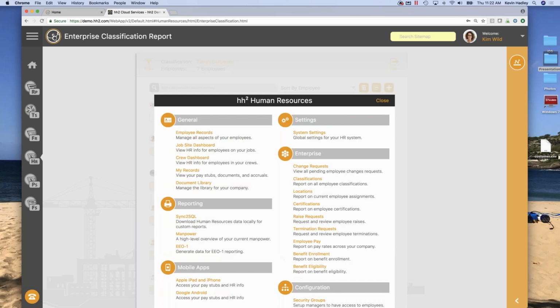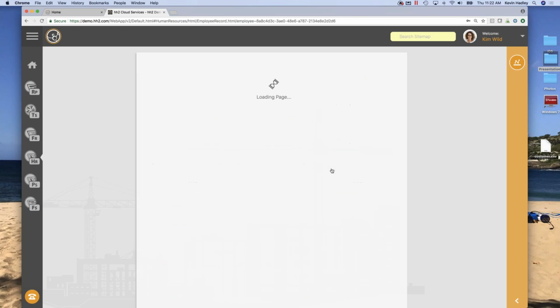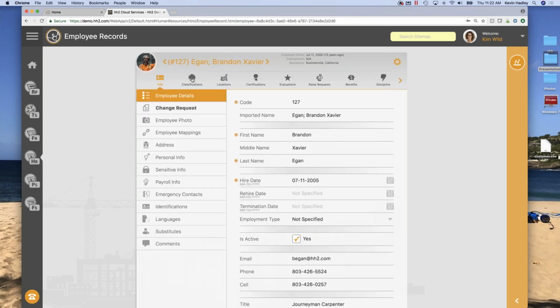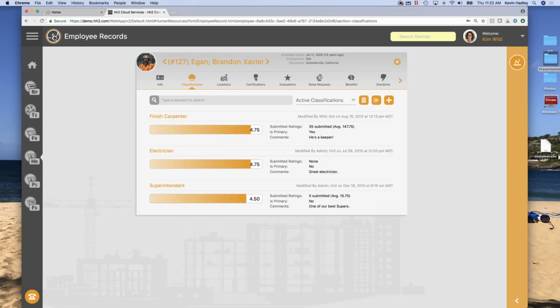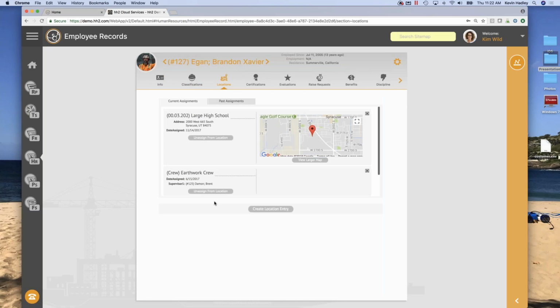So anyway, it's kind of a nice tab to have. Let's go back to Brandon's record now. So I can specify different types of classifications for Brandon. Now, the next one over is our location management, keeping track of where employees are located or assigning them to